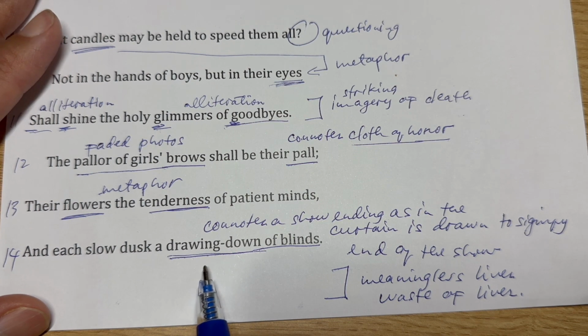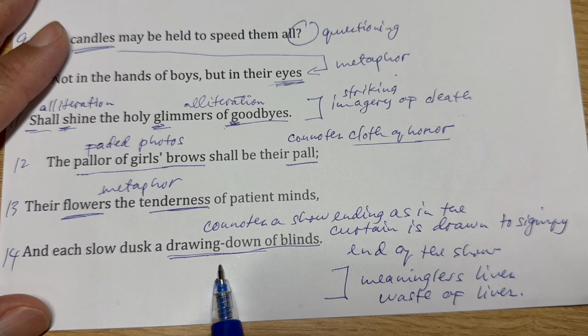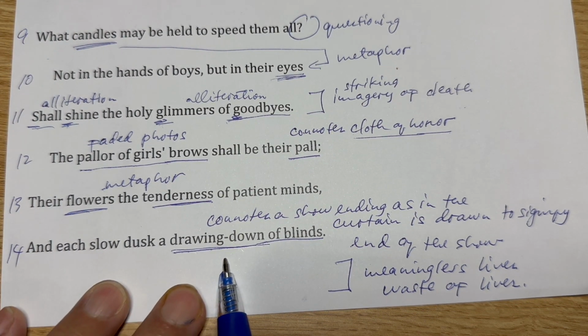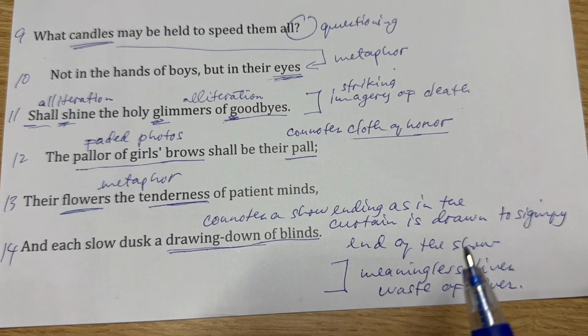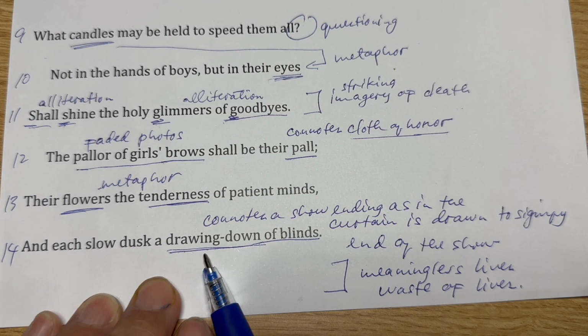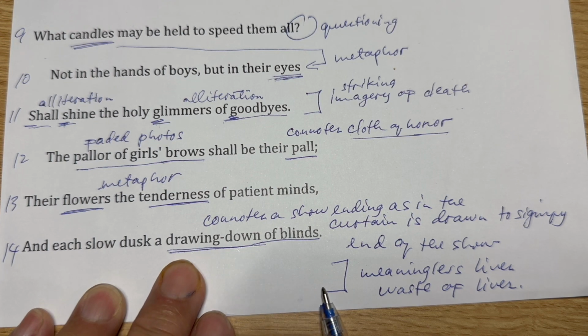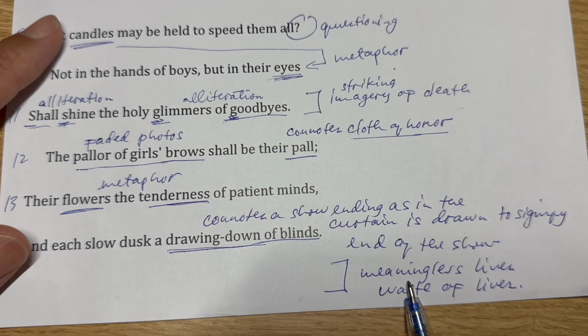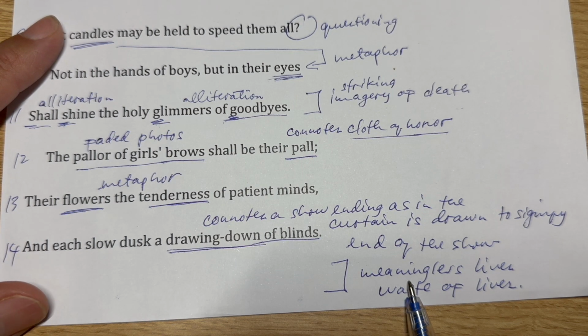The patriotism and the obedience that they project there signifies the onset of the show, and then it draws down, it ends with the drawing of the curtains, which then ties up with the overall meaning of the poem, that war is just resulting in the meaningless waste of soldiers' lives.